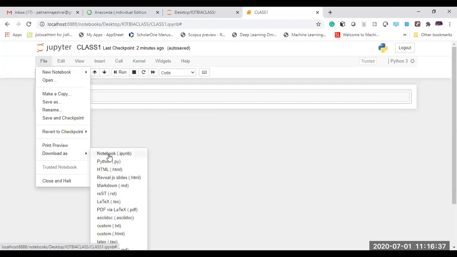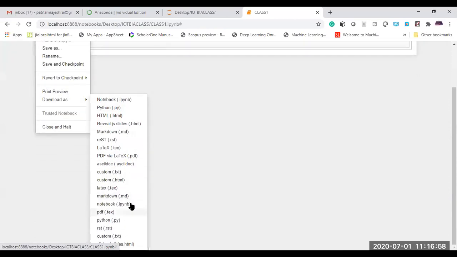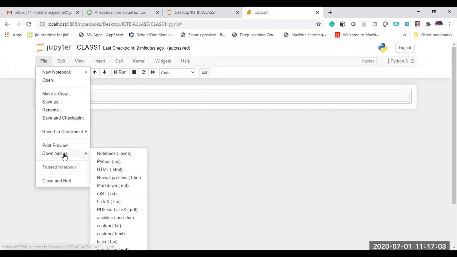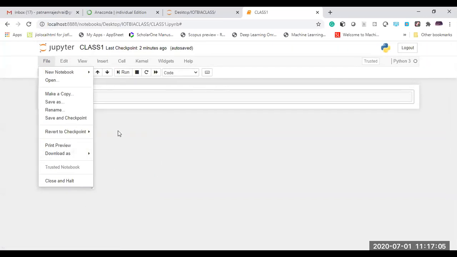You can see notebook, Python extension .py, HTML extension .html, reveal.js slides as HTML, markdown, reStructuredText, LaTeX, PDF or AsciiDoc. You can see n number of extensions are present within this Download as option. If you want to download this notebook, you can download it in the respective format.